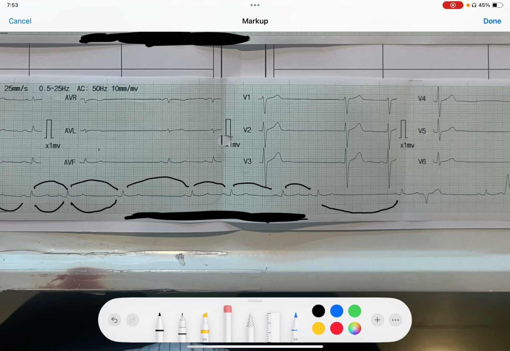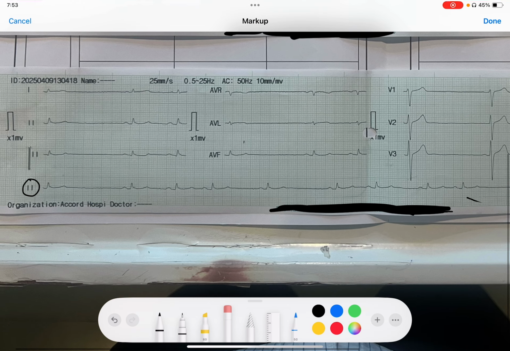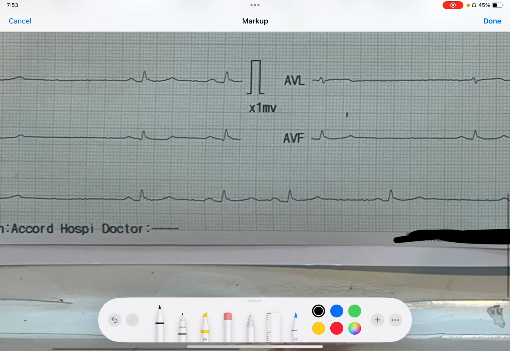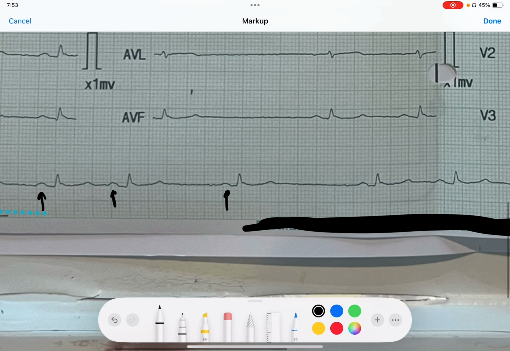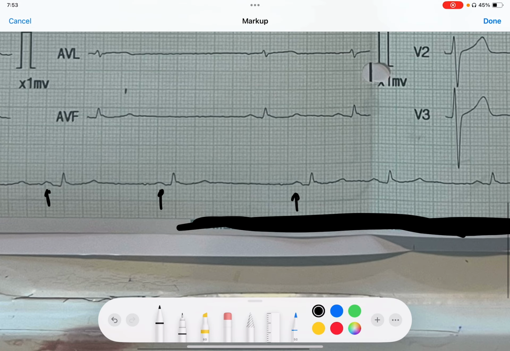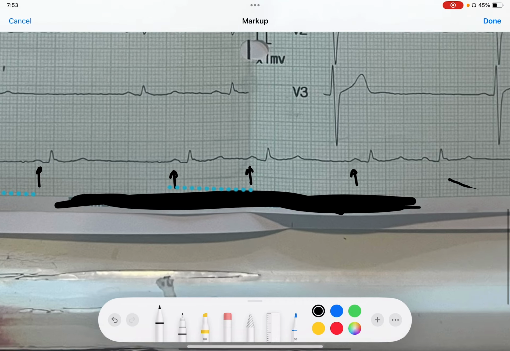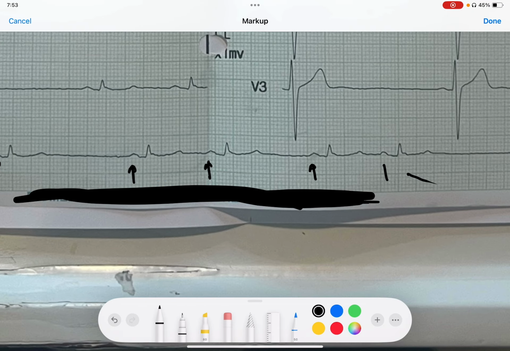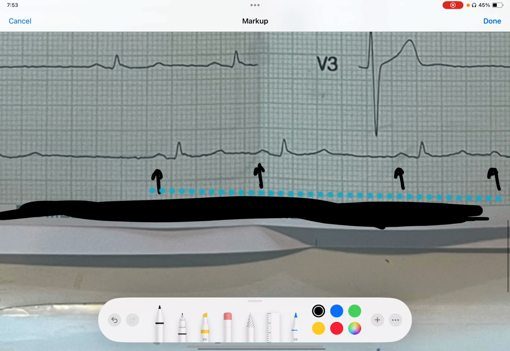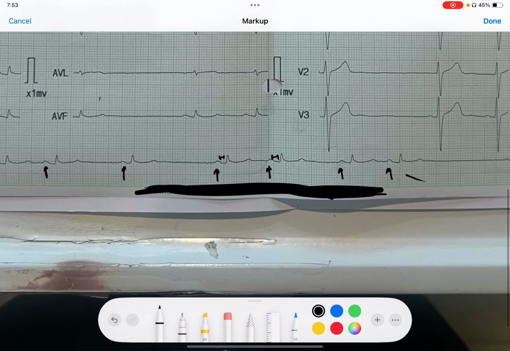So what we can simply try to follow is whether each and every P is followed by a QRS or not. For that, we need to find the P. So this is a P wave, and this is P, this is P wave, this is P wave. So almost before each and every QRS wave, there is a P wave, and it is almost constant. So this PR distance is pretty constant in almost all the